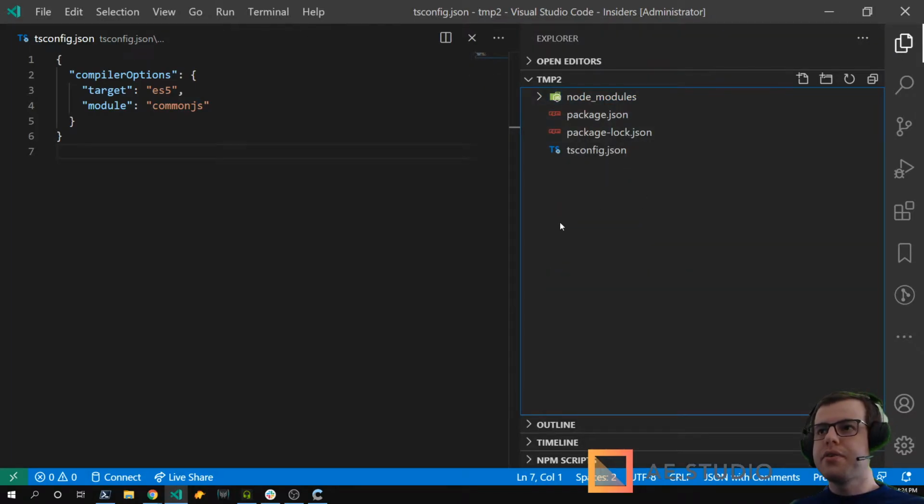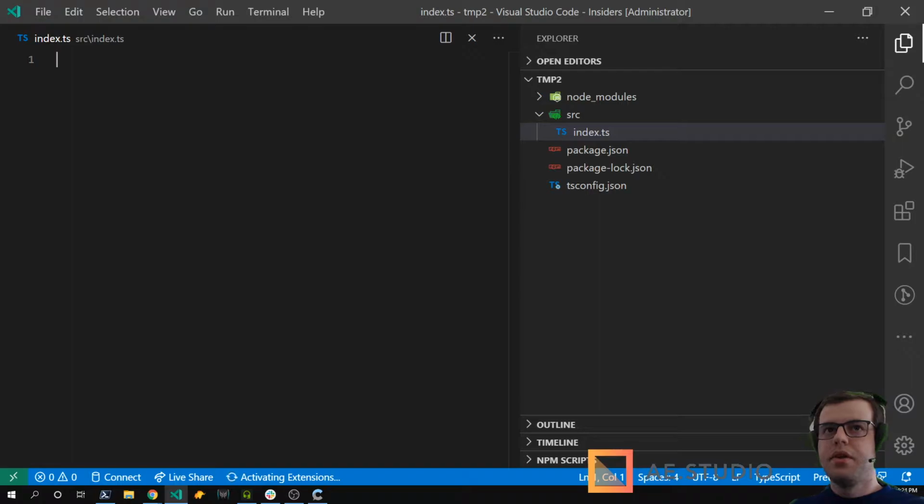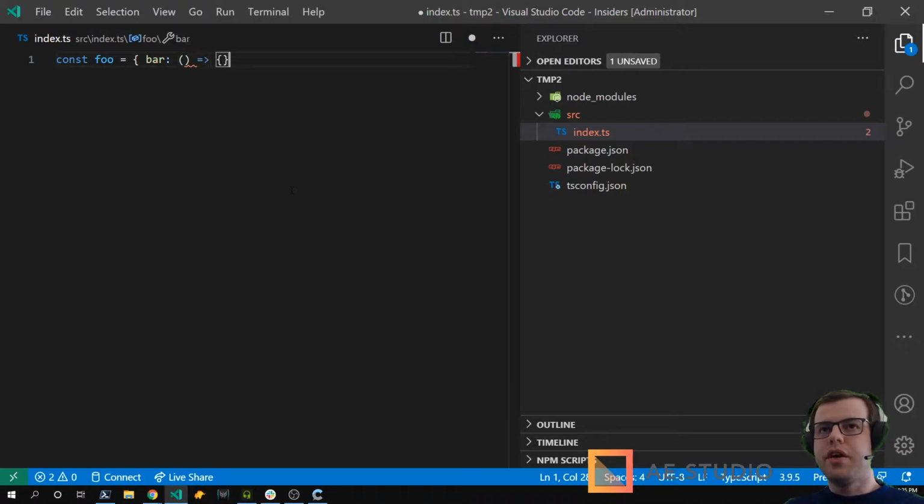So now I have a configuration file, and if I want to start coding in TypeScript, I can do something like this. Sorry, I can't type.